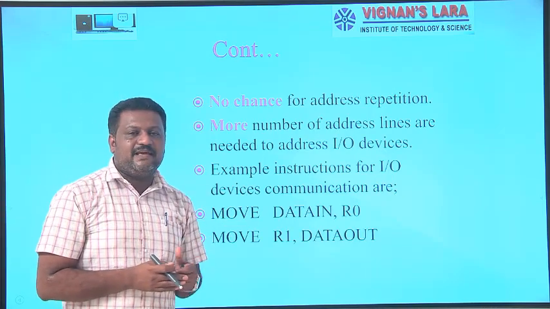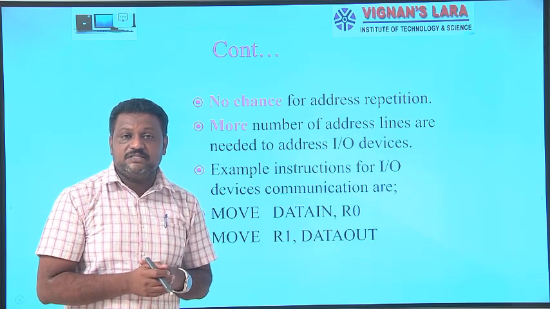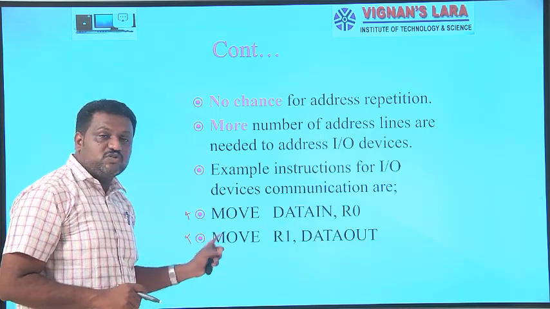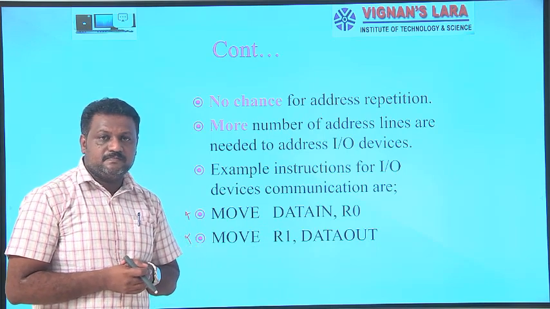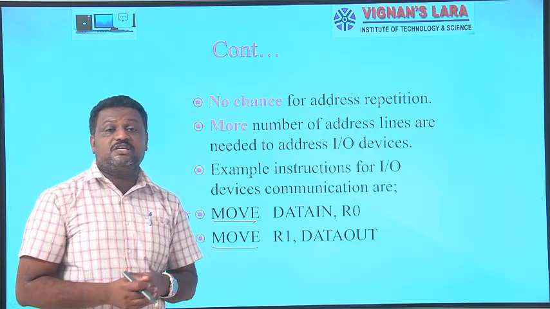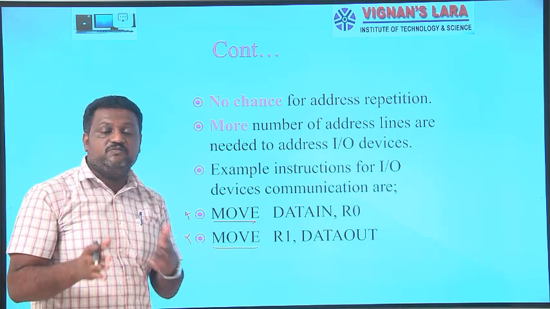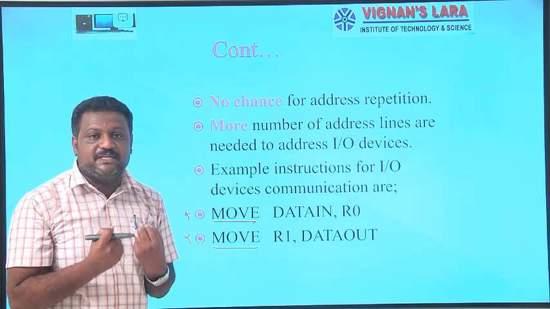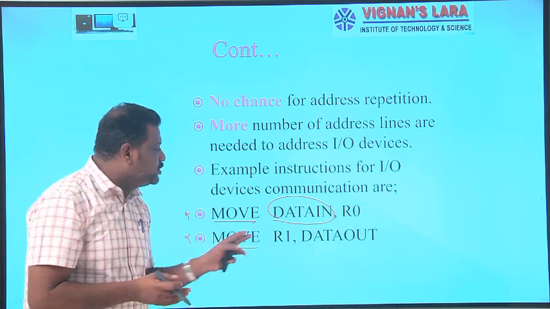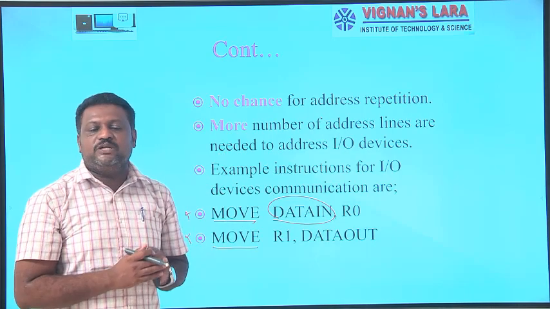And next, what are the examples of memory mapped IO to address IO devices? Here I use two instructions. One is move data in comma R0, and the second one is move R1 comma data out. Generally this move instruction is used for memory location communication. Here the same move instruction is used to communicate with the IO devices, because we know that if I am accessing something from an input device, the data of that input device is stored in an internal register of the input device, which we can call the data in register. And if I want to transfer something to an output device,